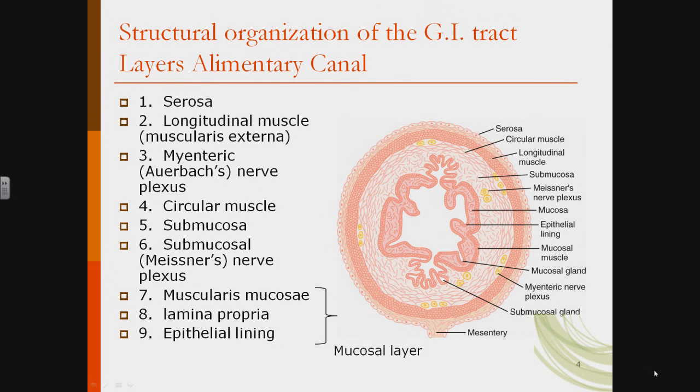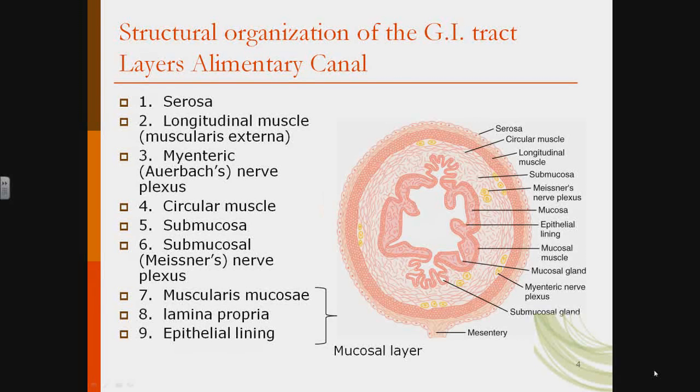And the muscularis externa actually consists of two different layers of smooth muscle. There's the outer longitudinal muscle and an inner circular muscle. In between the two, we find a net of nervous tissue. Literally, it looks like a fisherman's net. It's quite beautiful to look at under the microscope. And this is called the myenteric nerve plexus, or Auerbach's nerve plexus. Then as we move deeper